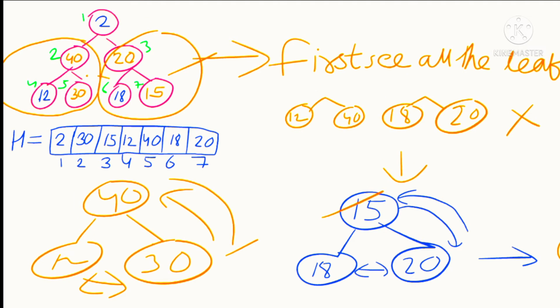After comparing both the sides, now we will look to the first element, that is the indexed one, ith position. It is 2. Compare with its child 40 and 20. They both are greater than the parent. So maxif property says parent should be greater. So compare the child 40 and 20, which is greater? 40 is greater. So 40 will get swapped with the parent 2.